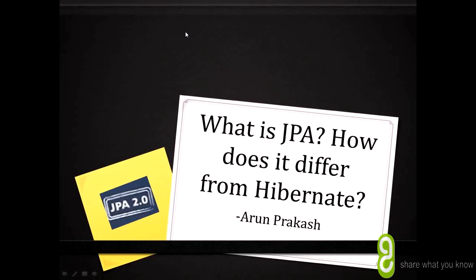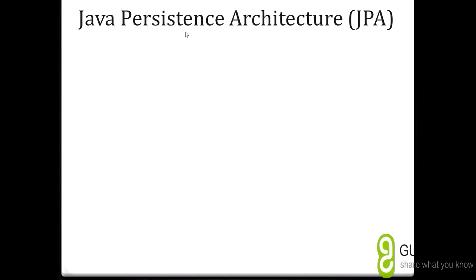Hello friends, in this session we are going to see about JPA and how it differs from Hibernate. But even before that, first we need to know what is JPA. JPA is Java Persistence Architecture, and it is just a specification, okay, and it is not an implementation at all,